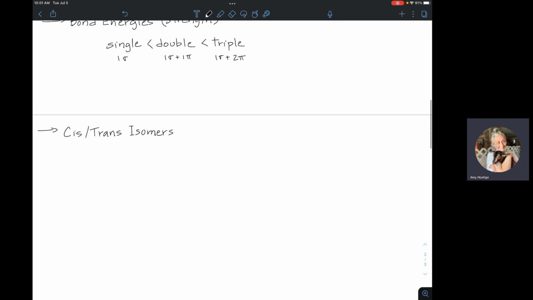So just like we talked about with cis-trans isomerization with rings, so cycloalkanes, where you have two groups that are either on the same side of the ring, same face, right, above or below, or on opposite sides. With alkenes, we don't have this with alkynes because they are 180 degrees, the bond angle. But with alkenes,